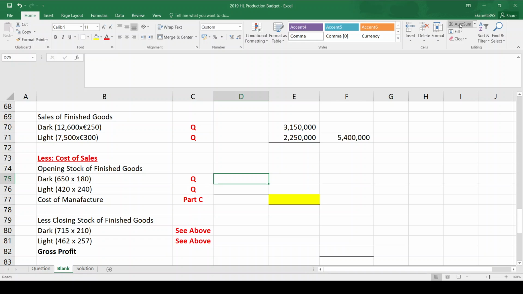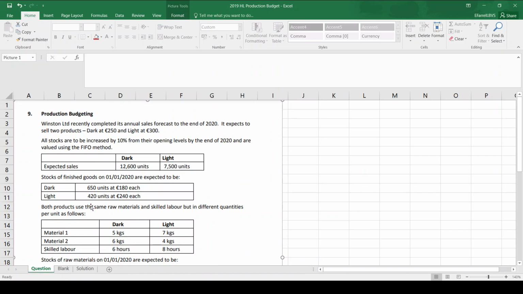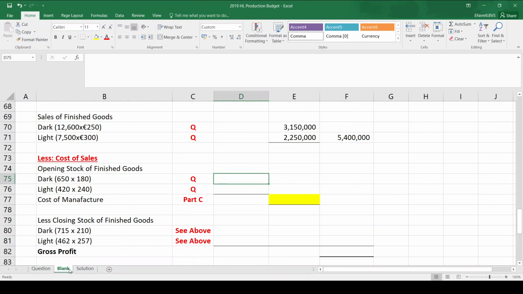Less cost of sales. So the opening stock of finished goods, again, we're given this in the question. So it's just the units by the cost per unit. And again, opening stock, because it's the first, it's 650 by 180. And for light, it is 420 by 240. So in total, opening stock comes to